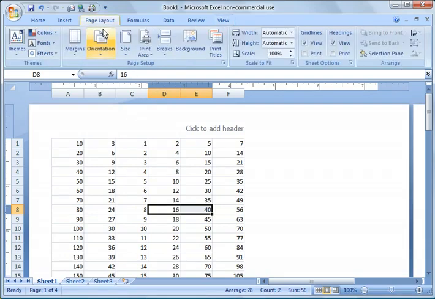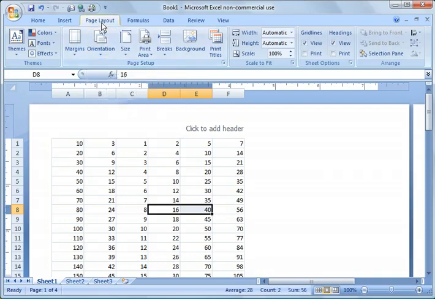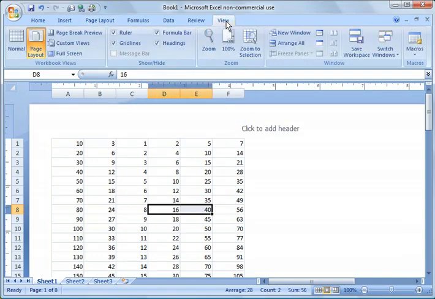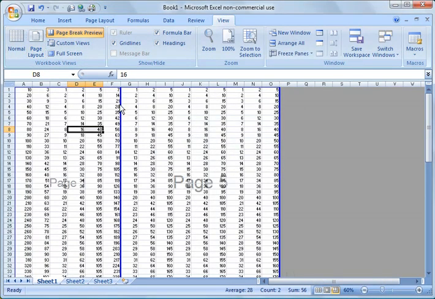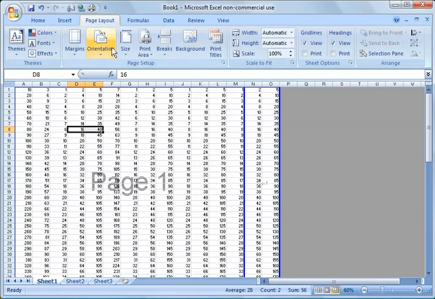Another thing that you commonly have to do in Excel is change the print orientation. The easiest way to do that is go under page layout, orientation, and you can choose portrait or landscape. I'm going to change this to landscape. I'm going to go back into my view and clean up some of these page breaks. Okay, I'm going to go ahead and move this over here. And now I'm going to go back to page layout